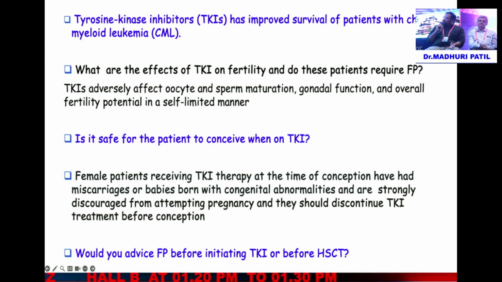For a hematopoietic stem cell transplant, irrespective of the disease, ideally they should be counseled for fertility preservation because after a hematopoietic stem cell transplant, the fertility is definitely affected, because you are going to give radiotherapy and chemotherapy to the patient. So, ma'am, that depends actually. There are two types of stem cell transplants, autologous and allogenic. In allogenic also, it is only in ALL where radiation is given. So in ALL, we give total body radiation and that really affects the fertility outcomes. But ideally for stem cell transplant, all of this should be done.